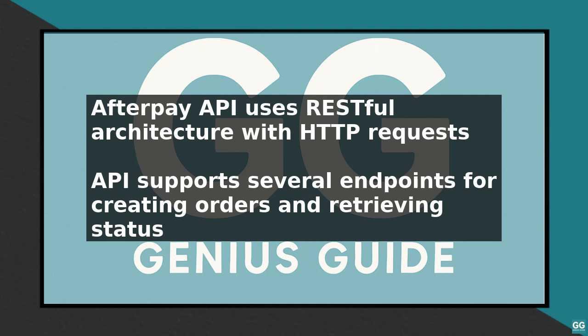To create an order, you need to send a POST request to the Create Order endpoint, including the order details such as the amount, currency, and customer information. The API will then respond with an order token, which you can use to redirect the customer to the Afterpay